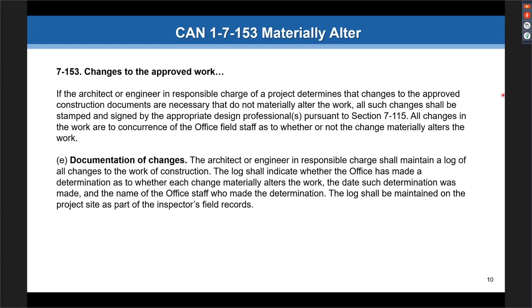Part of the intent of this CAN is to clarify what's required, but also to set a process. And it's really to streamline the process to get these concurred with. So again, we get a lot of questions on this log,